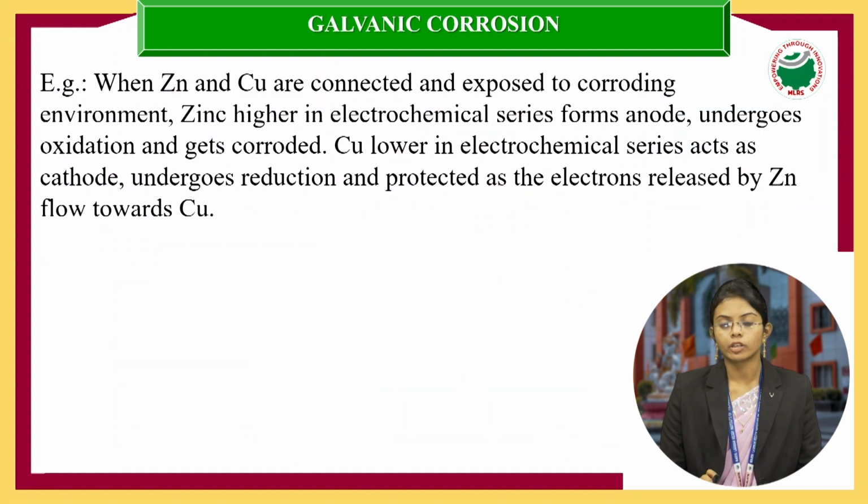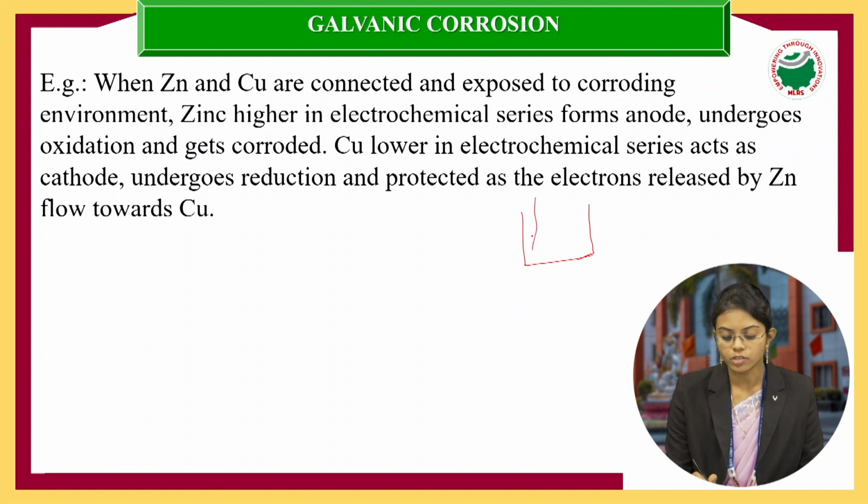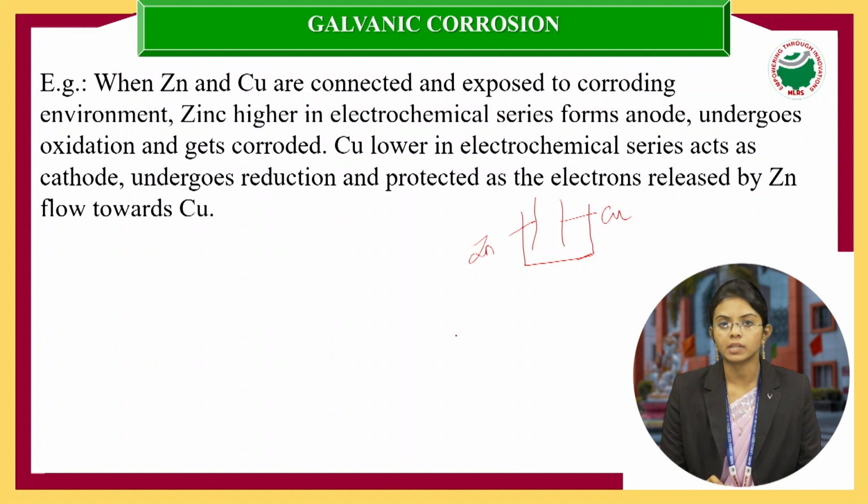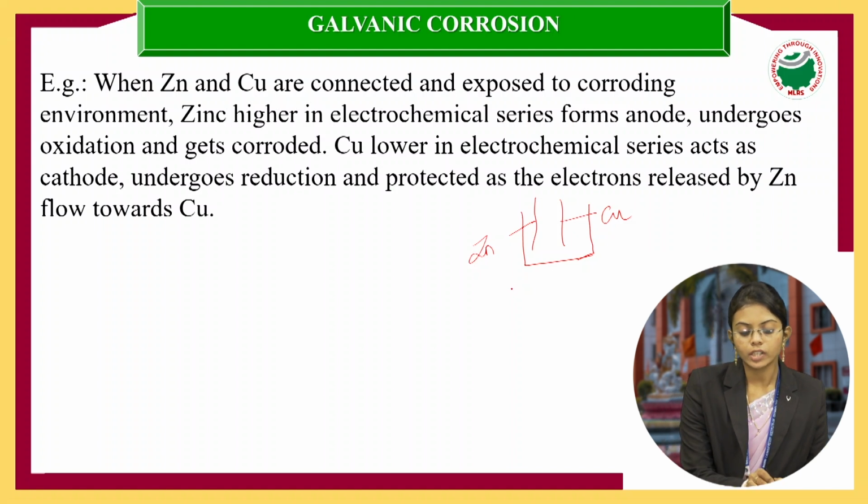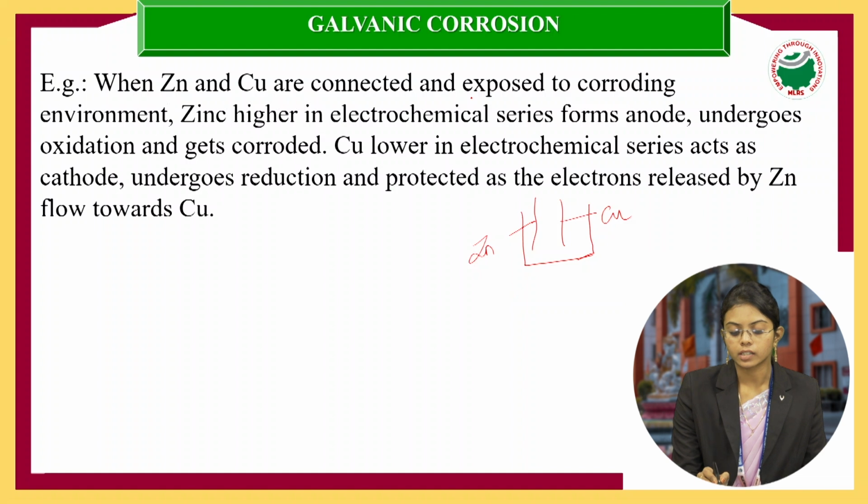Consider an example. Imagine we are taking an electrochemical cell and dipping two different types of metals, one is zinc metal and the other is copper metal. So these are two different metals, or bimetallic metals. Here you can see the formation of galvanic corrosion. When zinc and copper are connected through electricity, and also exposed to the corroding environment,